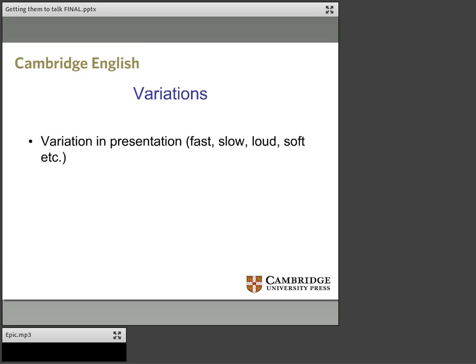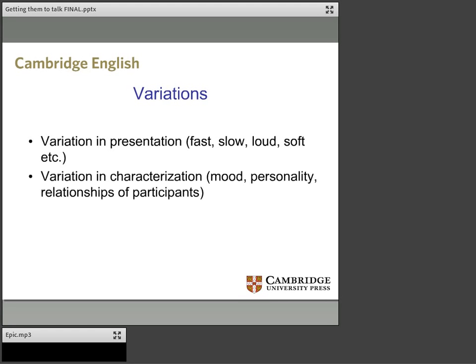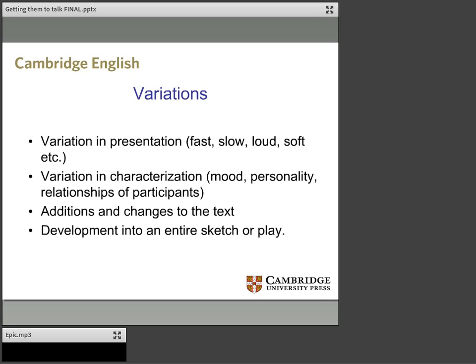The dialogues can be performed in presentation, fast, slow, soft, loud, just to make it more varied and interesting, and make sure that they do repeat them and learn them. You can vary the characterization, mood, personality, relationships, and later on you can add and change the text. So you can add extra exchanges at the end or at the beginning, or change particular words within the text to make it a different story or a different interaction. Finally, it can be developed into an entire sketch